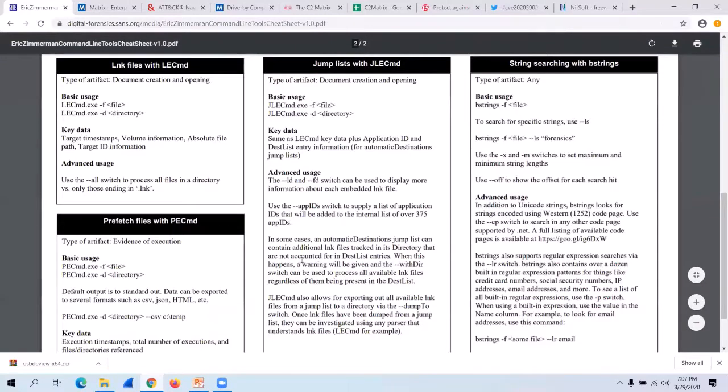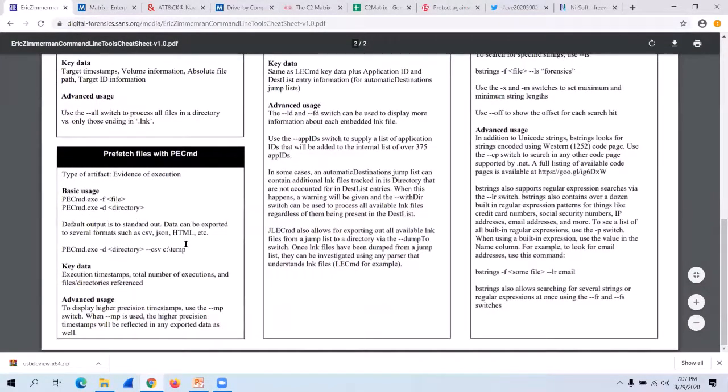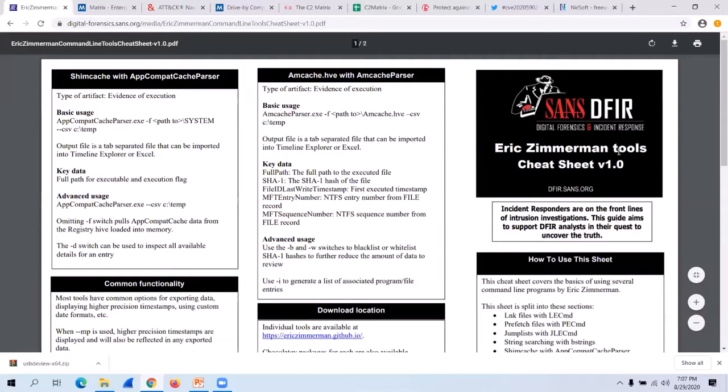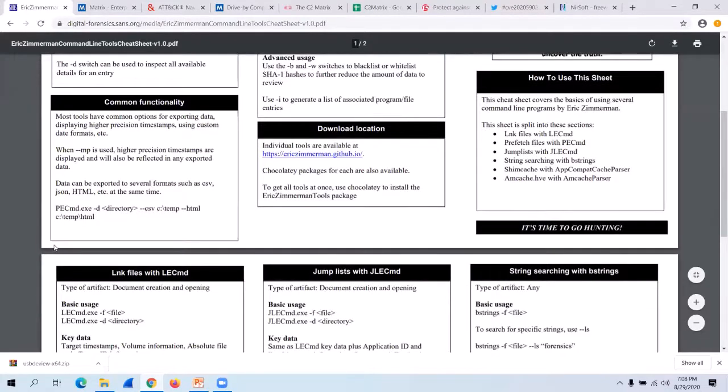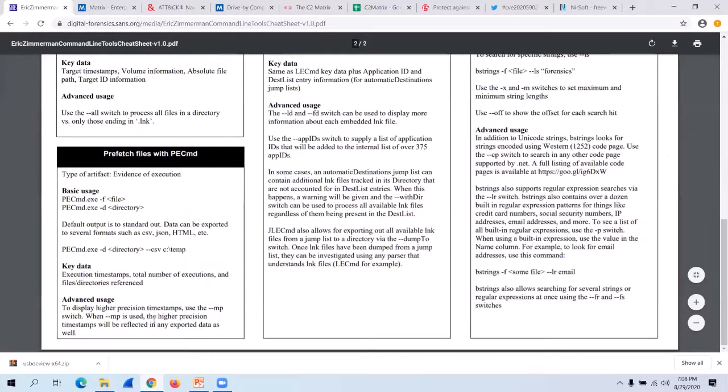This is a SANS poster. I would recommend you all go to the SANS website. Their posters and cheat sheets are amazing. If you just read their cheat sheets and SANS posters, especially the four I mentioned, DFIR, Hunt Evil, memory forensics, and the logs one, these four will give you amazing insight about incident response. Okay, let's take one example.